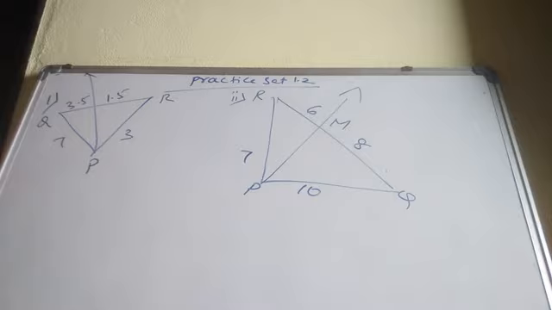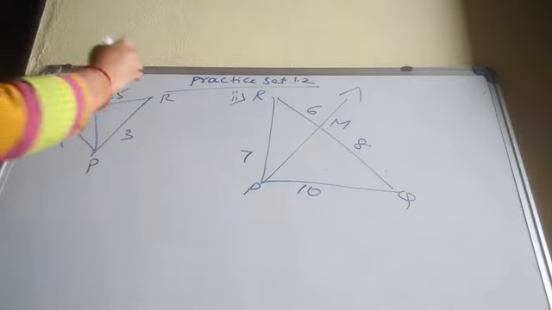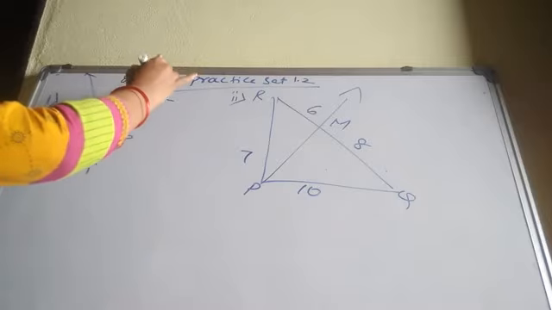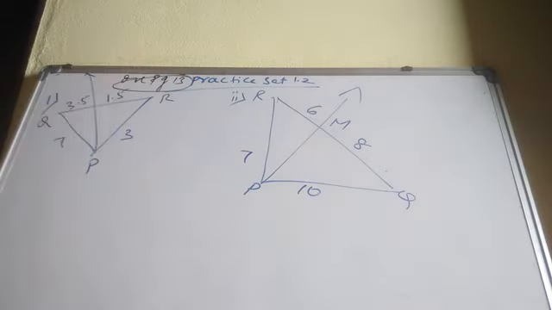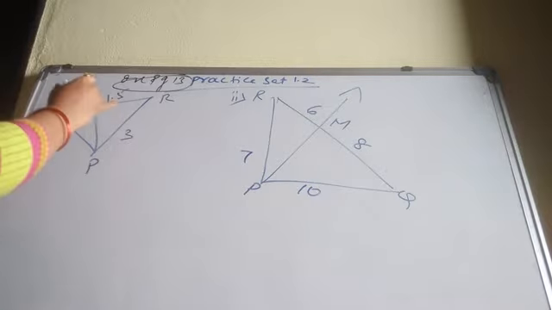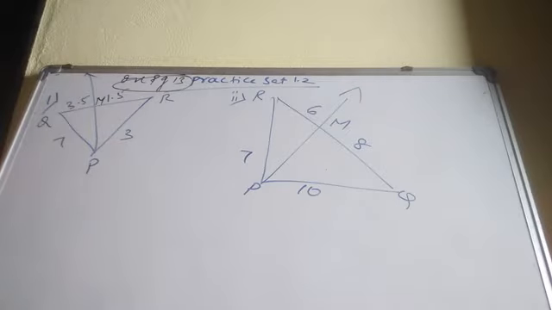Now the first question was given on page number 13. First question: below are some triangles and lengths of line segments. Identify in which figure ray PM is the bisector of angle QPR. So here we use the angle bisector property of a triangle theorem. LHS should be equal to the RHS.